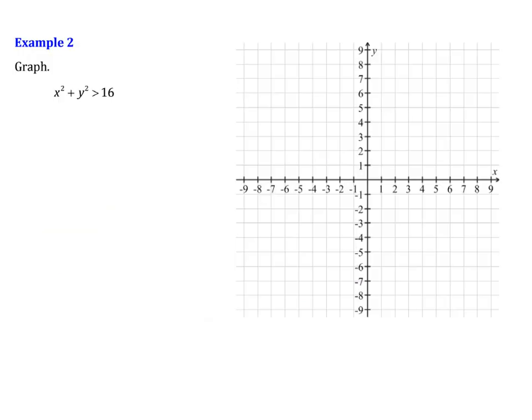Let's look at the next example. If we look at x squared plus y squared is greater than 16, this time we're going to use a dashed line, and that's because there's no equal bar underneath the inequality. Now this is a circle, and that circle has a radius of 4 and a center of 0, 0. So if we go out from the center by 4 all the way around,